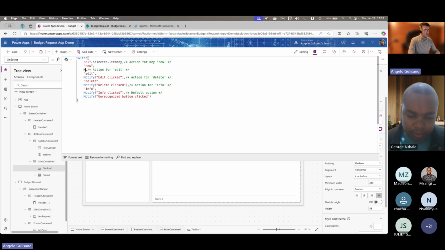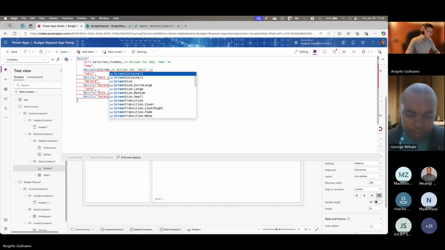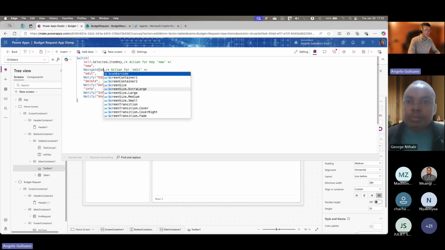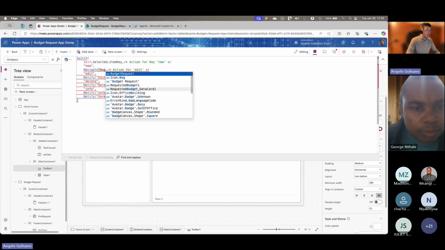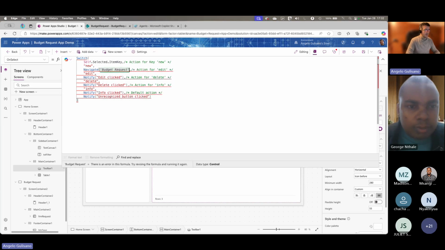Navigate to screen budget request, and we need to pass the property to use in our form.